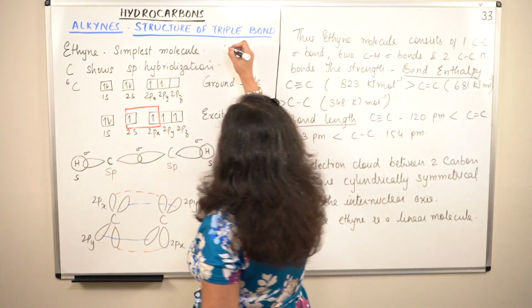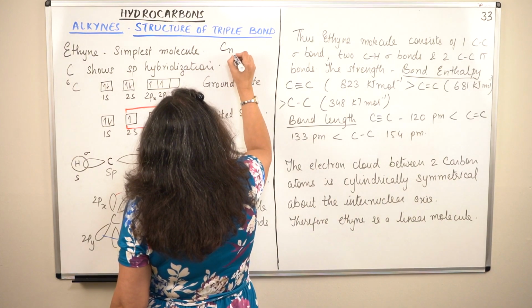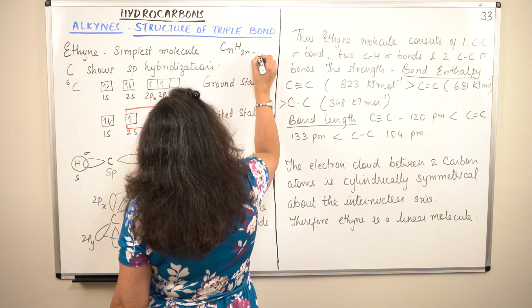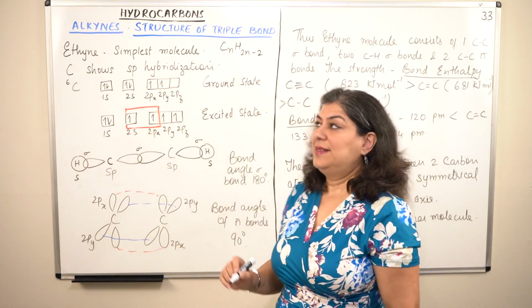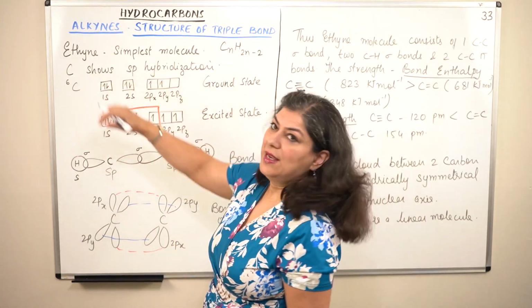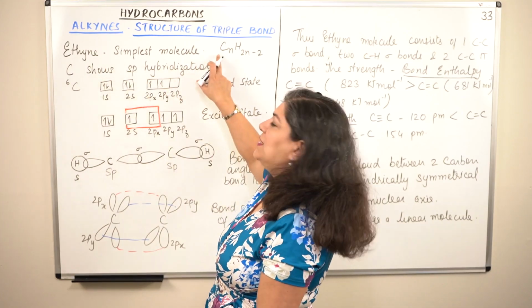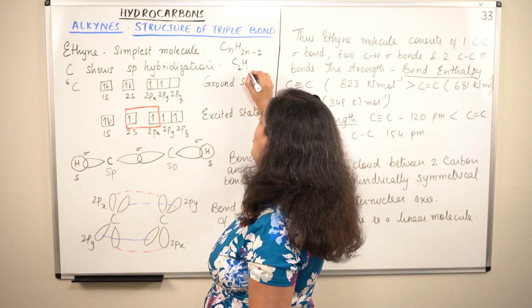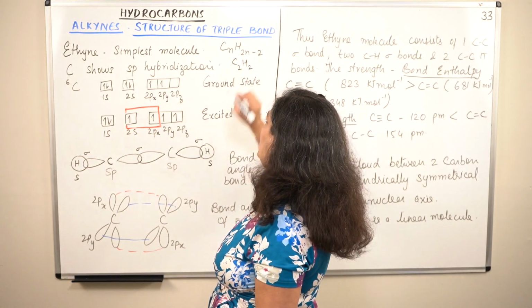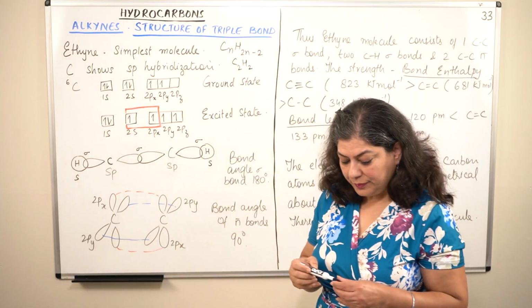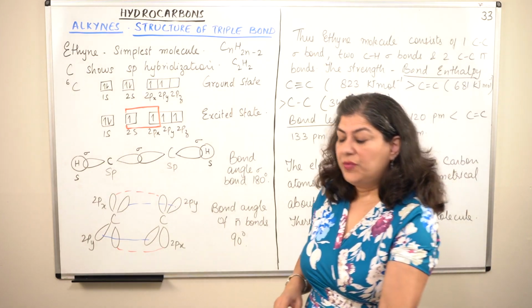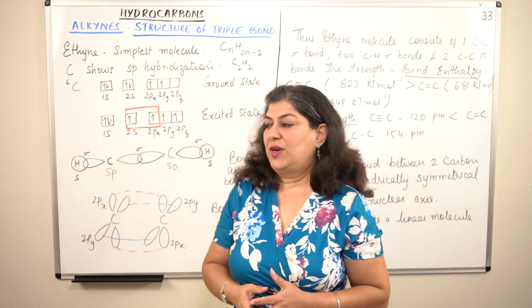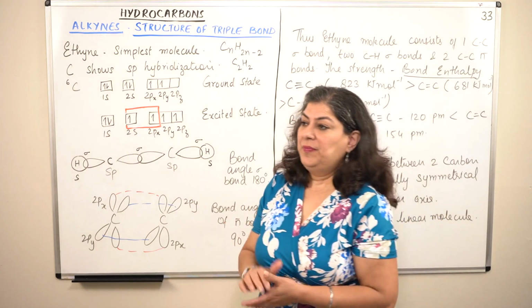C2H2, because the general formula for alkynes is CnH2n minus 2, and n is 2 in the case of ethyne. It means it has two carbon atoms, so it will be C2H, 2 twos are 4 minus 2 will be 2, C2H2. Now what is important to remember, to understand its structure, let us go back to carbon